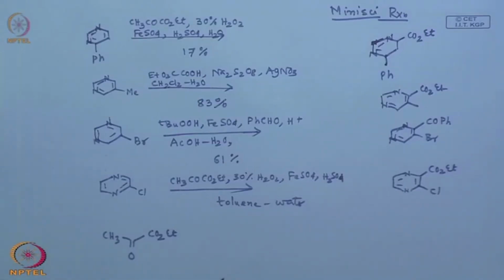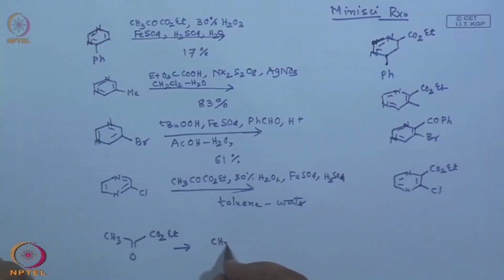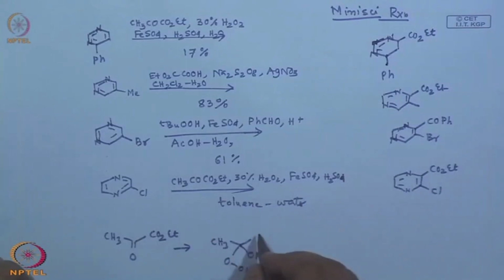So, for us, we have to basically recognize the reaction conditions and the chemicals that are required. How to generate a carbon radical from, let us say, ethyl pyruvate? If you look, the reagent is hydrogen peroxide. So, hydrogen peroxide means at some point the peroxide bond would be cleaved. In this case, it is proposed that the pyruvate under the influence of acid, that means the carbonyl gets protonated, you get a sort of hydroperoxide kind of thing. And then you have ester groups here,